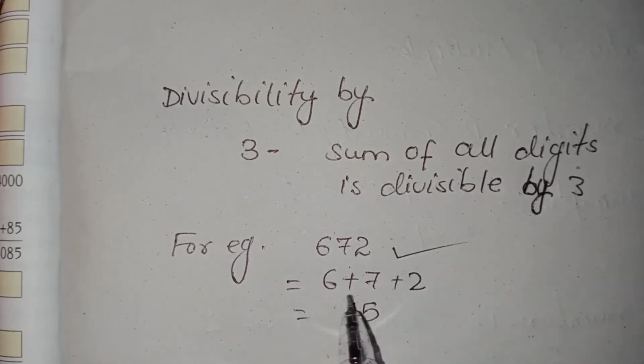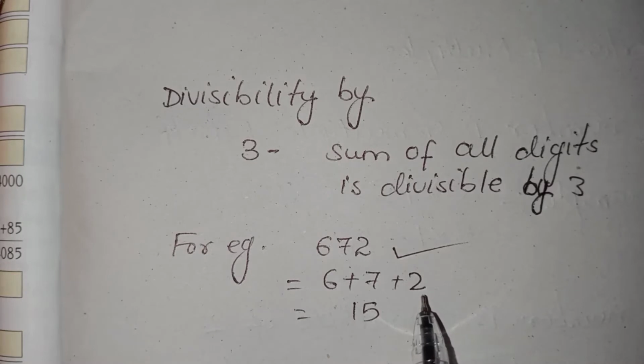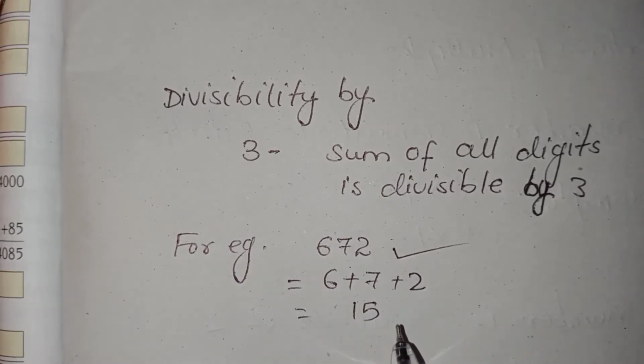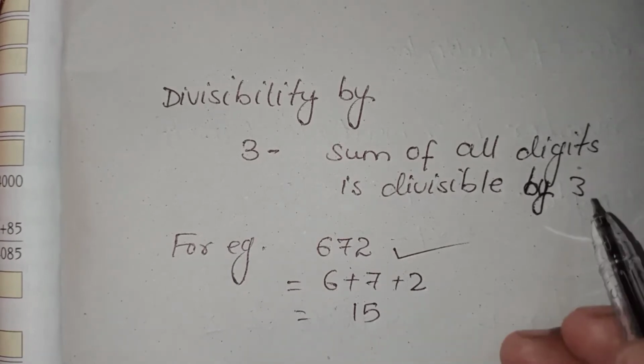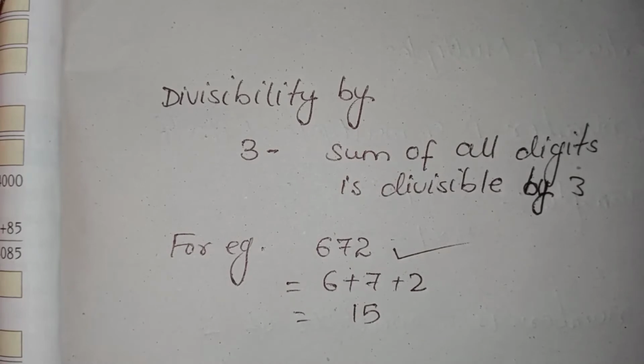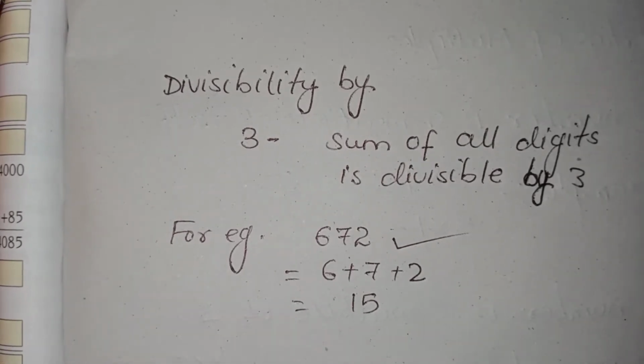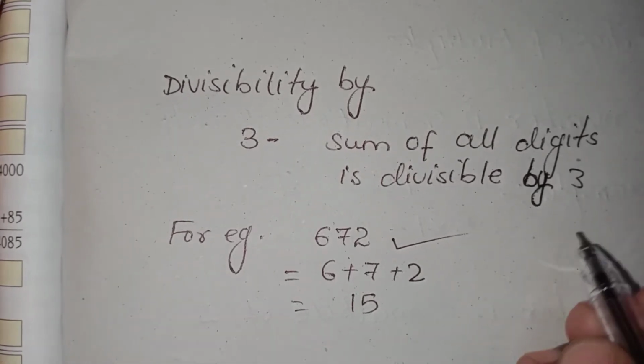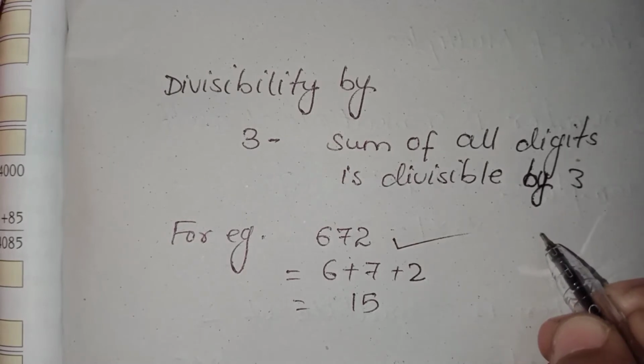Okay, what you have to do? You have to add all the digits, and after adding whatever the sum you get, you have to see whether that number is divisible by 3 or not. So 15 is divisible by 3. 3 5s are 15. That means this 672 is divisible by 3. Okay, now let me take the other question. So now next example I am taking is that